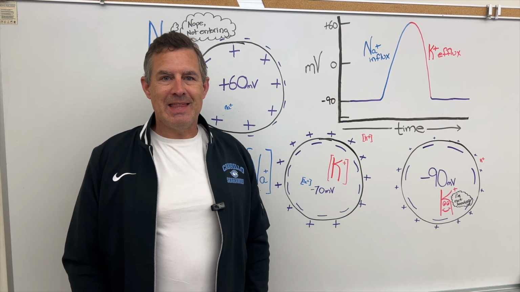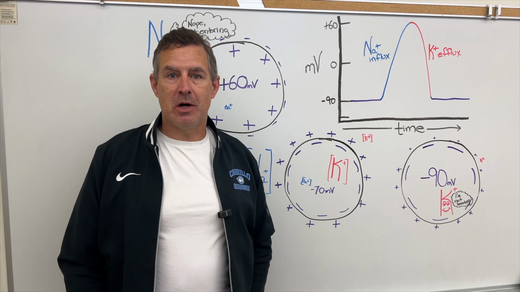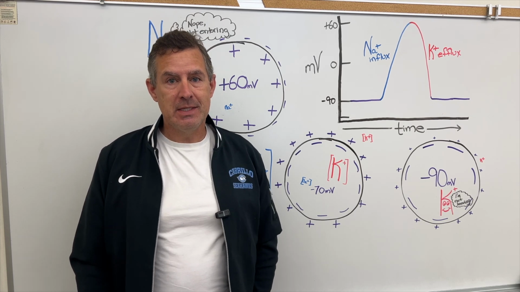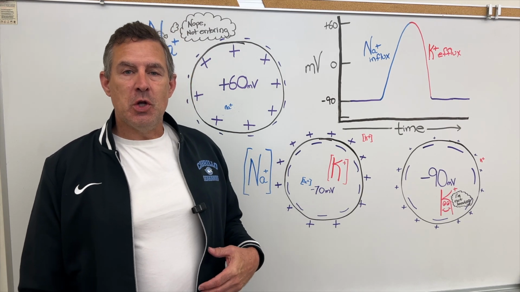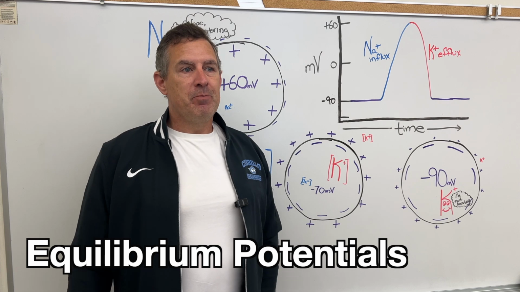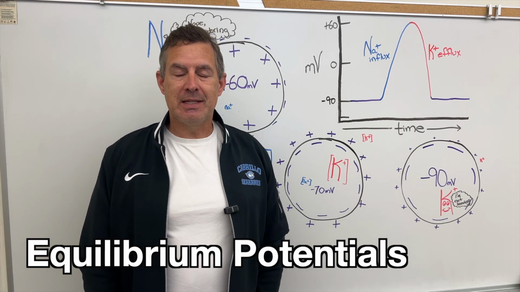Since so many things within our body and within human physiology are based on chemical gradients, let's talk a little bit more about it. Specifically, what's known as equilibrium potentials. Now, an equilibrium potential is the point at which an ion is no longer going to move down its chemical